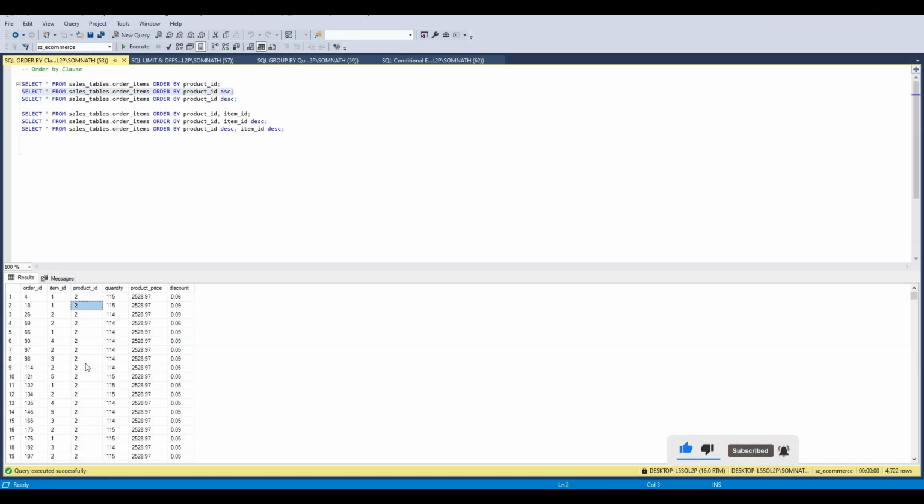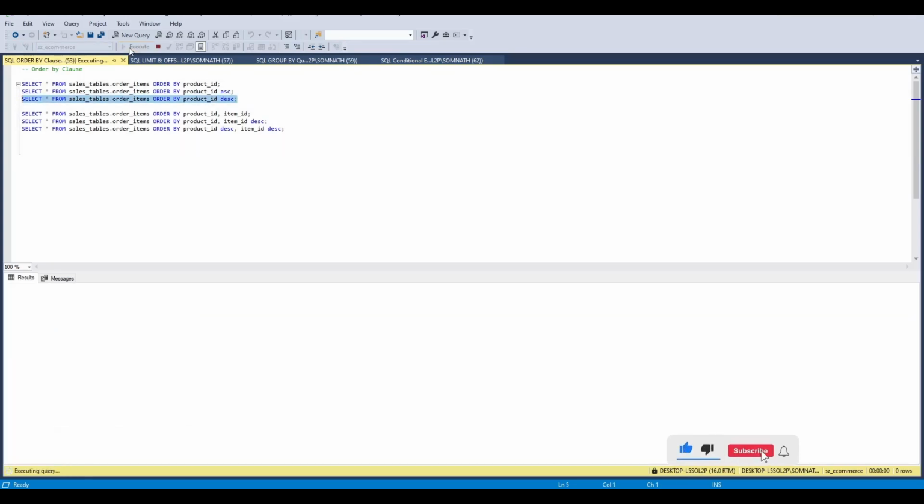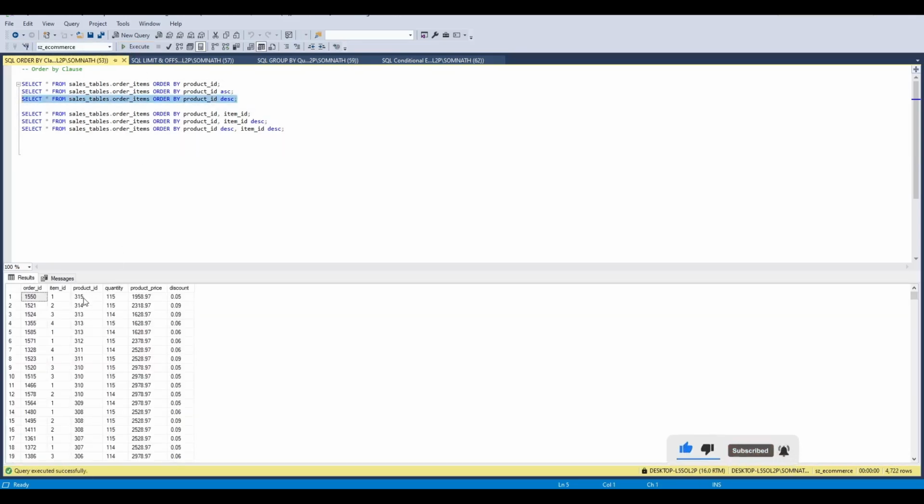Okay, if we want to print the result in descending order, then we have to provide DESC. We can see product ID DESC being executed, and here we can see the highest product ID is printed first, then lower,